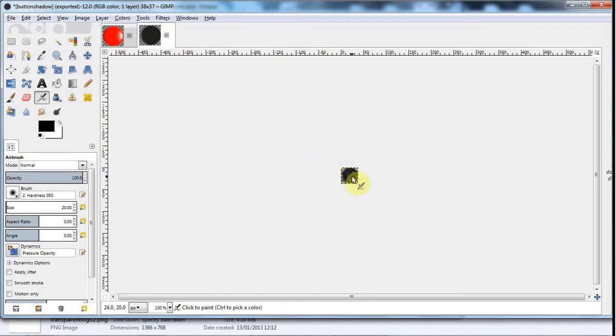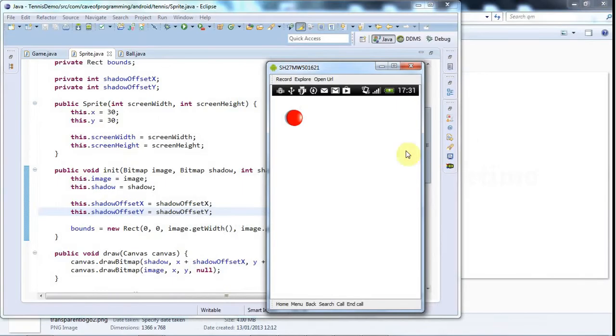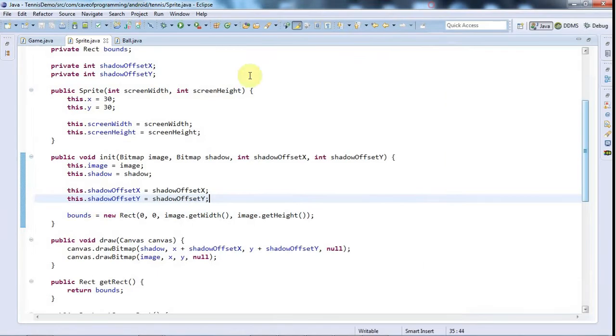In fact, I could actually have removed a lot more from this shadow, because the only bit that you actually see is this bit on the left here, and the middle bit is obscured by the actual image. So if I wanted to be more efficient, really I should remove even more of the shadow. But I've cropped them both down quite a lot, and what I did was, in the init method of my